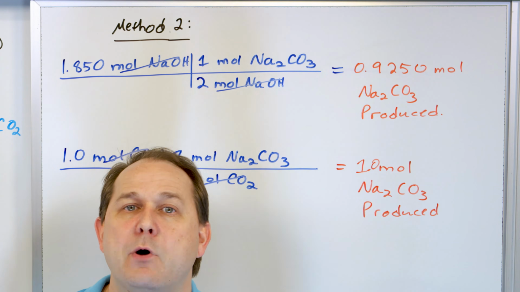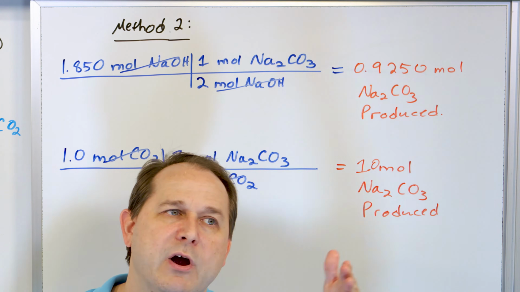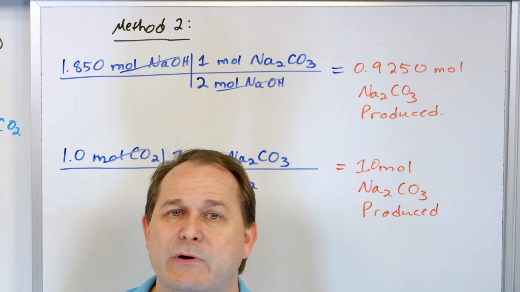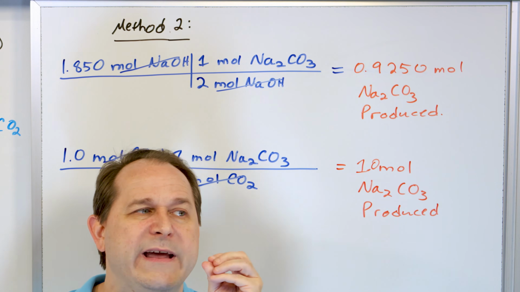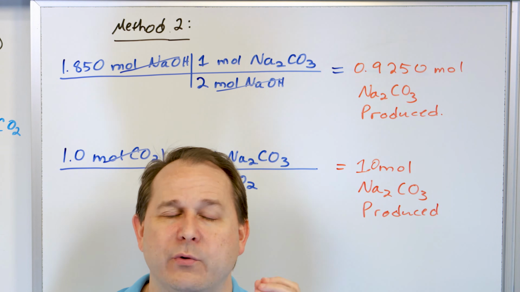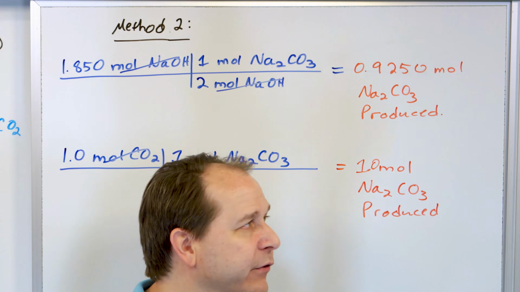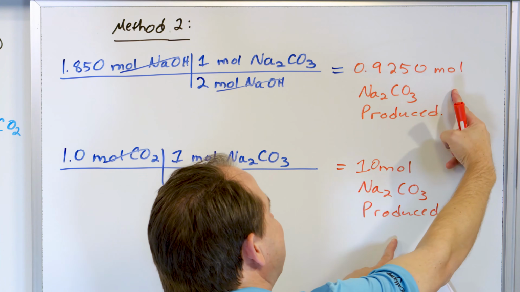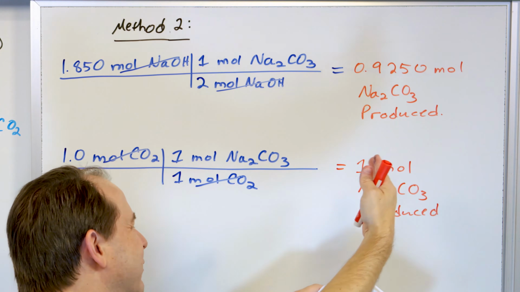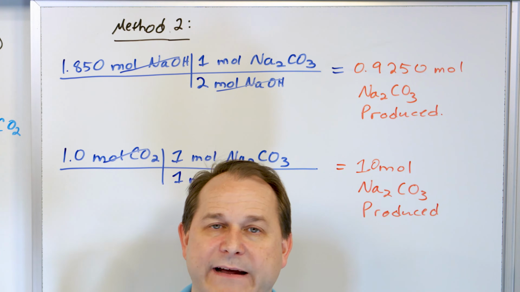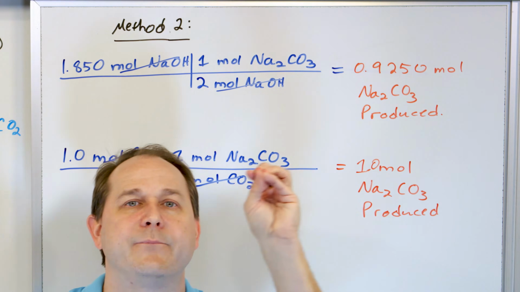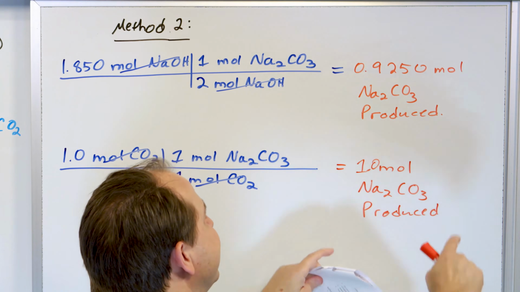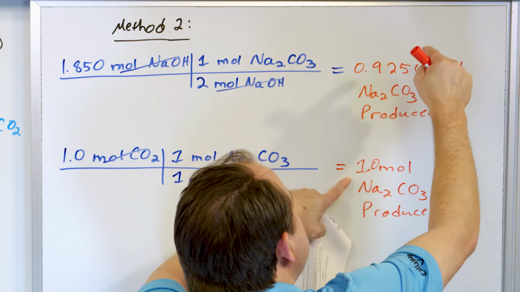You have to pick the smaller number, because the smaller amount of product produced means the reaction is going to stop sooner. And remember, the limiting reactant is whichever of those two reactants runs out first. So by using both of them separately to calculate theoretically how much product they would make in a vacuum, not literally in a vacuum, what I mean is isolated by itself, converting each reactant all the way to product,